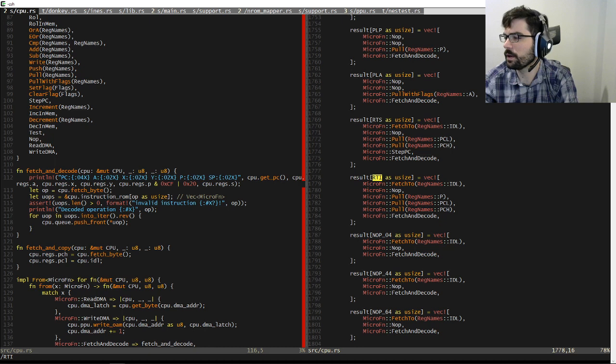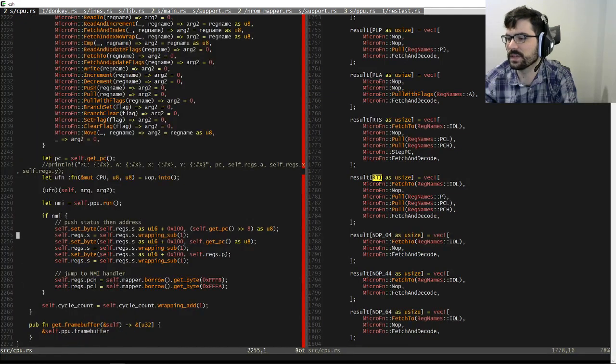If you look at RTI, we pull P, we pull PCL, we pull PCH. And then if we look at the only interrupt we have, NMI, we push PCH, PCL, P. So that should be right. Did I change the stack operations on NMI and RTI?